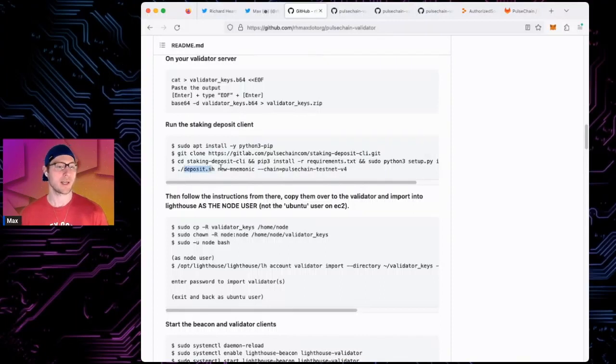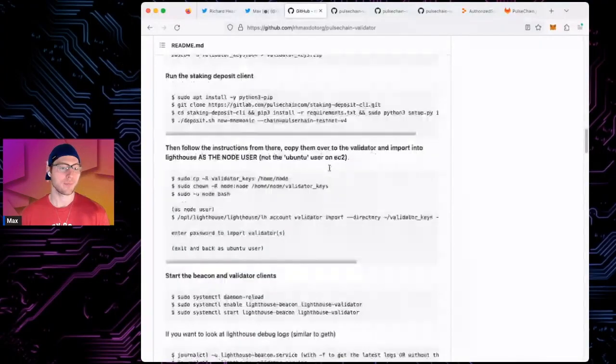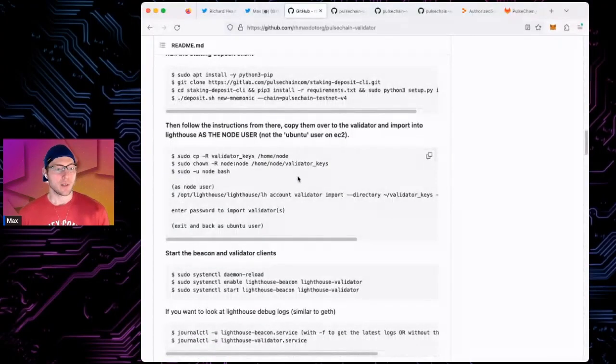And then deposit.sh, create a new mnemonic and give it the chain ID, or not. If you don't set it, it'll ask you during the setup, and then just follow the instructions from there. Once you have them from there, again, you need to import the keys as the